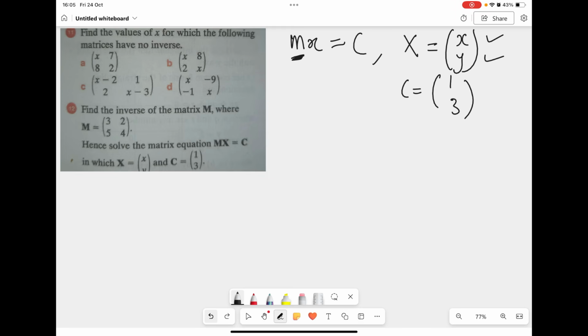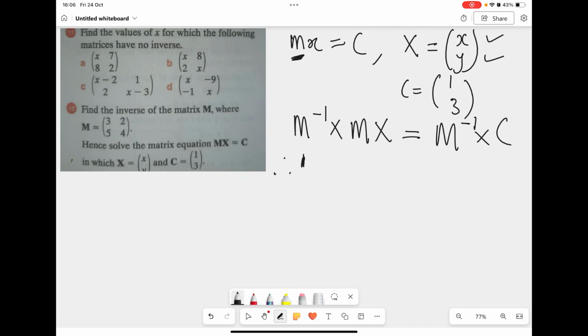I use that approach. And the approach is this. I would write M inverse times MX equals, if I'm introducing this to the left-hand side, I'll be sure to introduce it to the right-hand side. So that's just the principle there. So times C. That's nice. So what I might have is this. I'll be having my